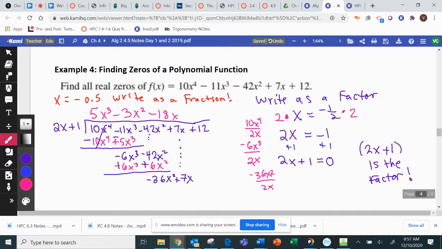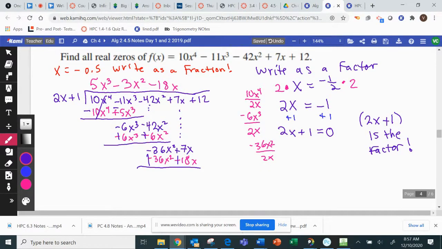Then I multiply and I get negative 36x to the 2nd, and then I multiply and I get negative 18x. Draw the line, change the signs. I add them together and I get,